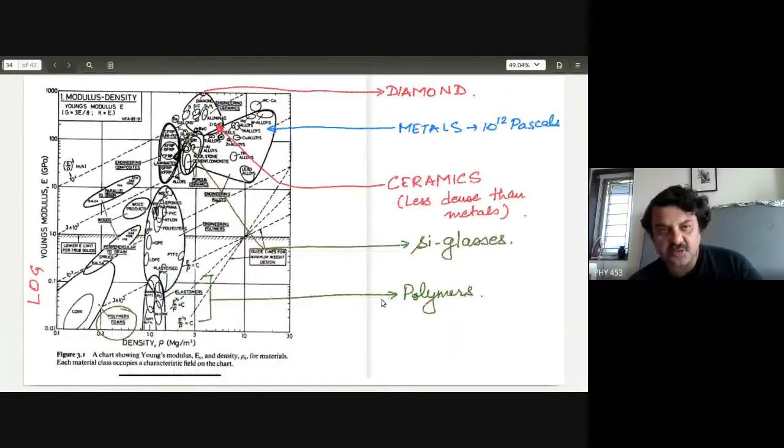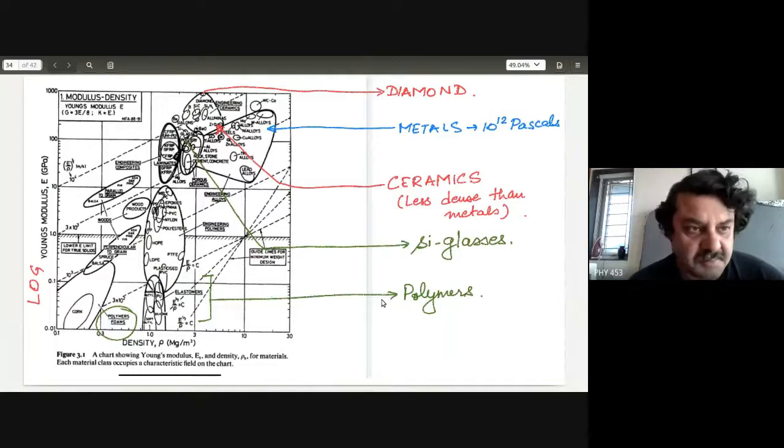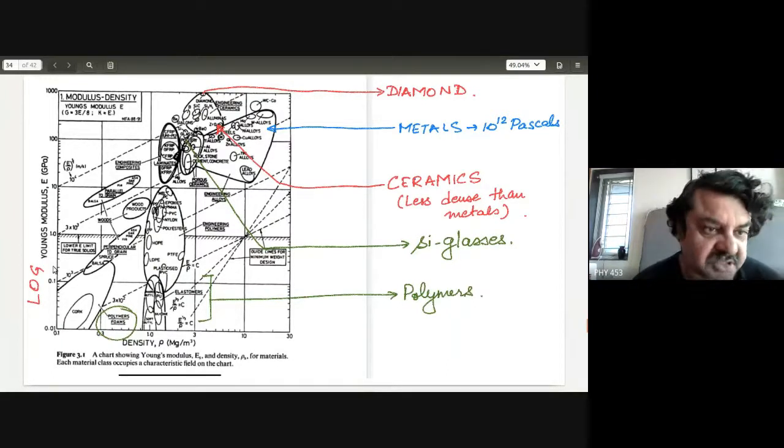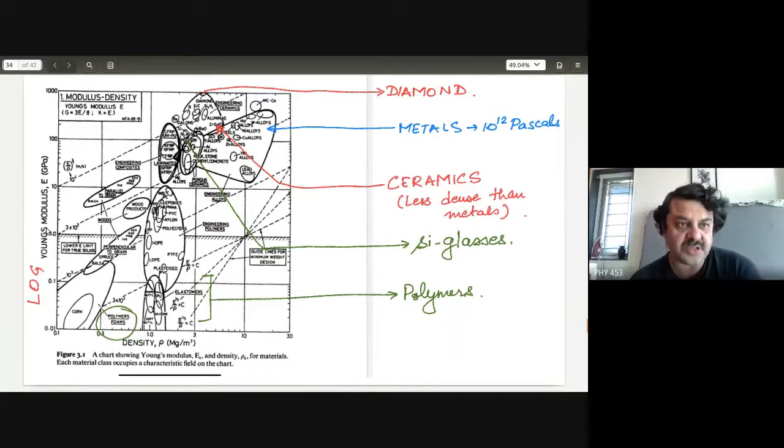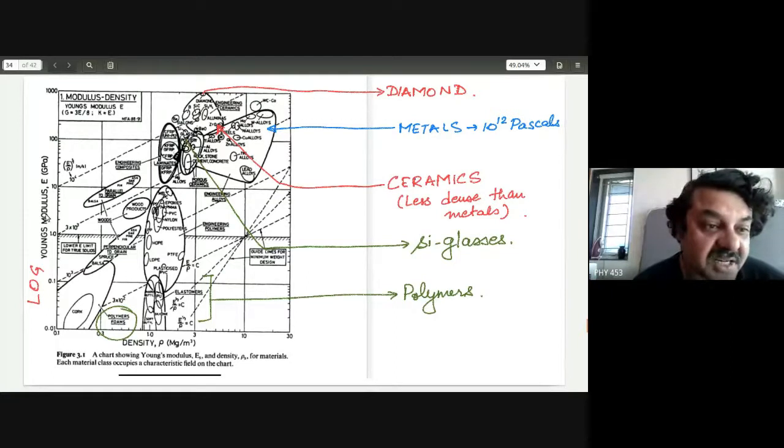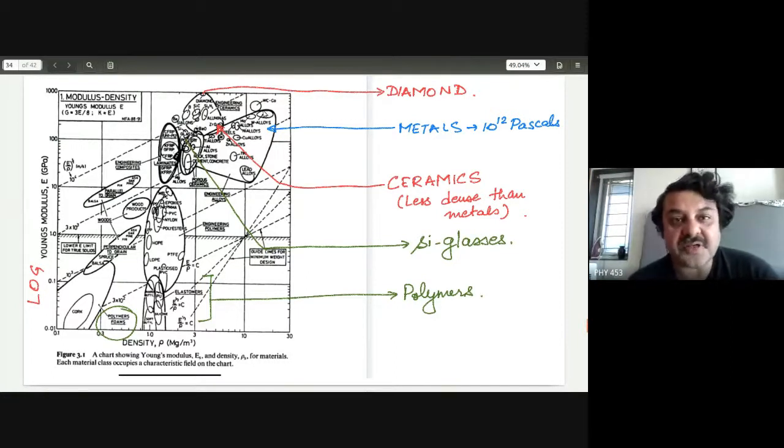So before talking more about polymers, just to give you an idea about the Young's modulus of different materials. What is plotted on the y-axis is the log of the Young's modulus in gigapascal units, and on the x-axis is the density. And one of the highest Young's modulus materials is diamond, with around 1000 gigapascals, 10 to the power 12 pascals, with a density of around 3. Diamond, as you know, is carbon, so it's not surprising. On the other hand, metals are also quite strong and hard. They have rather high Young's modulus, to the extent of around 300, 500 gigapascals, but their densities can be much more,